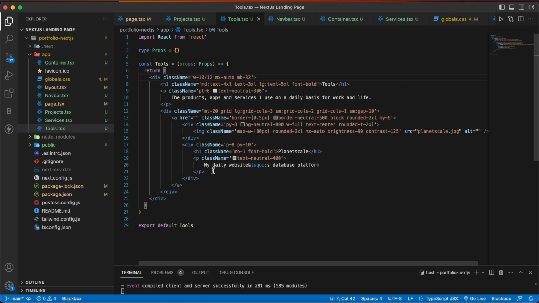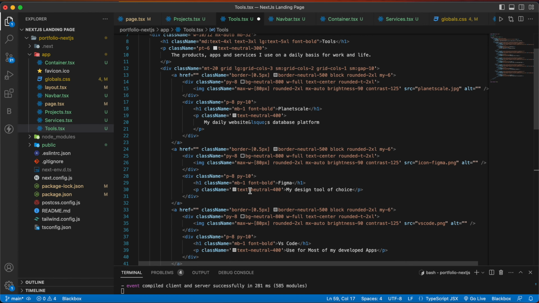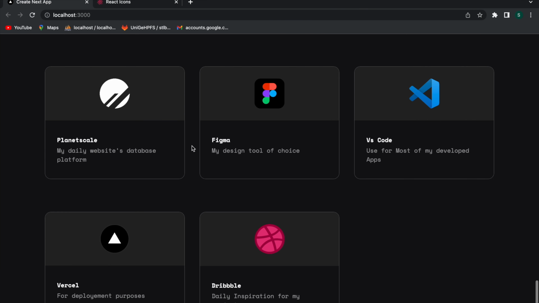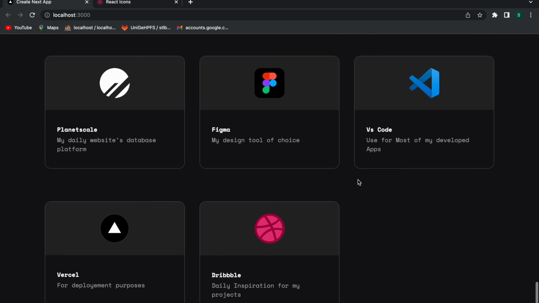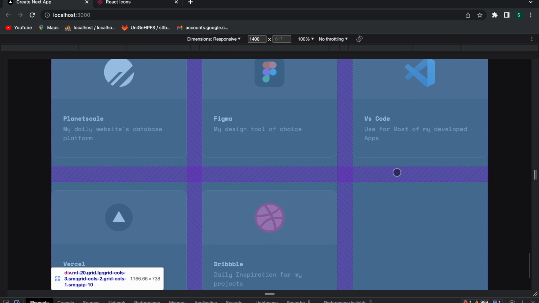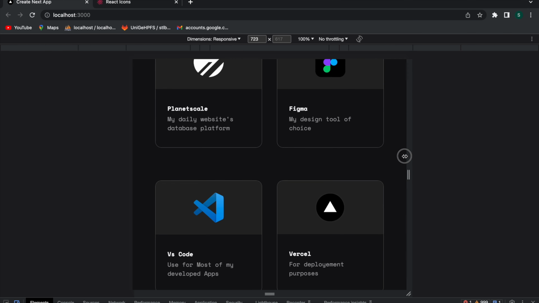Similarly, we have to add some more cards. So for that, I'm just going to copy that from my GitHub and paste it here. Now let's save it and go back here, and you can see our other cards here. And let me inspect it and check if it's responsive or not. And you can see that it's responsive.